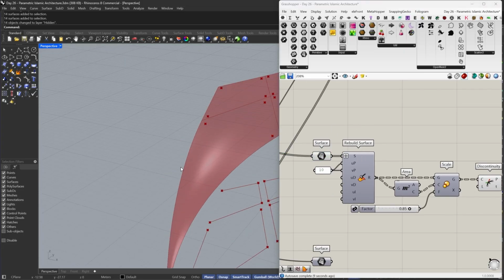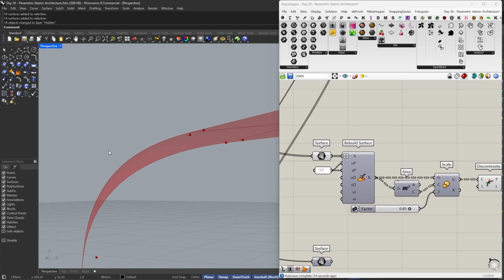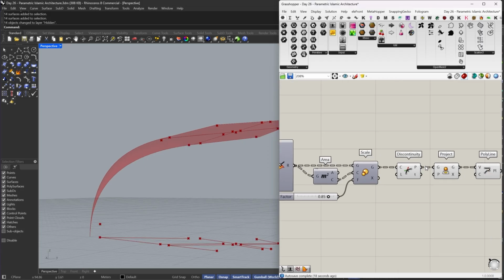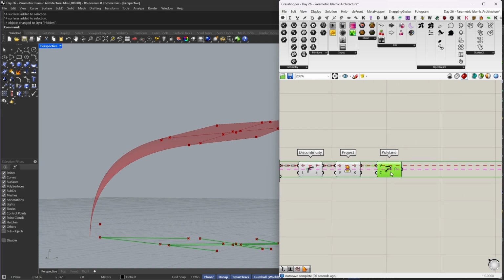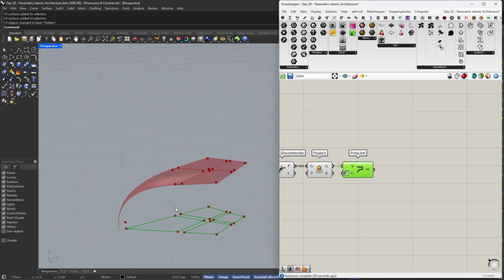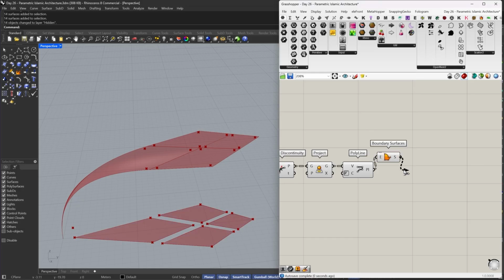I want to keep the curvature of this because I want everything to still stay continuous. But if I changed something in here, if I maybe made a loft or something, the curvature of the shape will be different. So I'm going to make this into a closed polyline, and I'm going to make it into a boundary surface, and I'm going to extrude